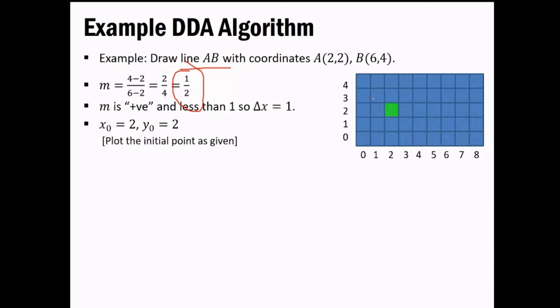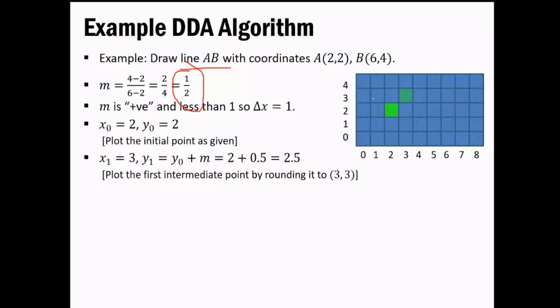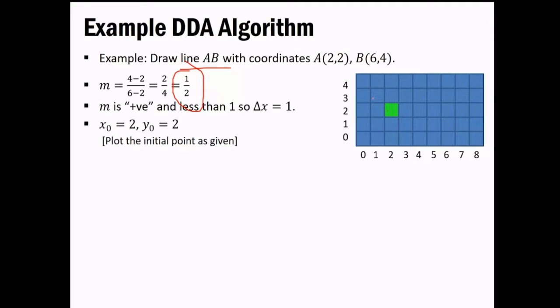Okay, so we'll start with the very first value that we have, that is x0 equal to 2 and y0 equal to 2. You can consider anything for x1, y1, whatever you feel comfortable with, and use it for your example. So plot the initial point as given. In the examination also you have to draw this kind of grid in your notebook. It's fine if you don't use color, but you have to draw it with a pencil or pen, and you have to show me the endpoints after you calculate everything.